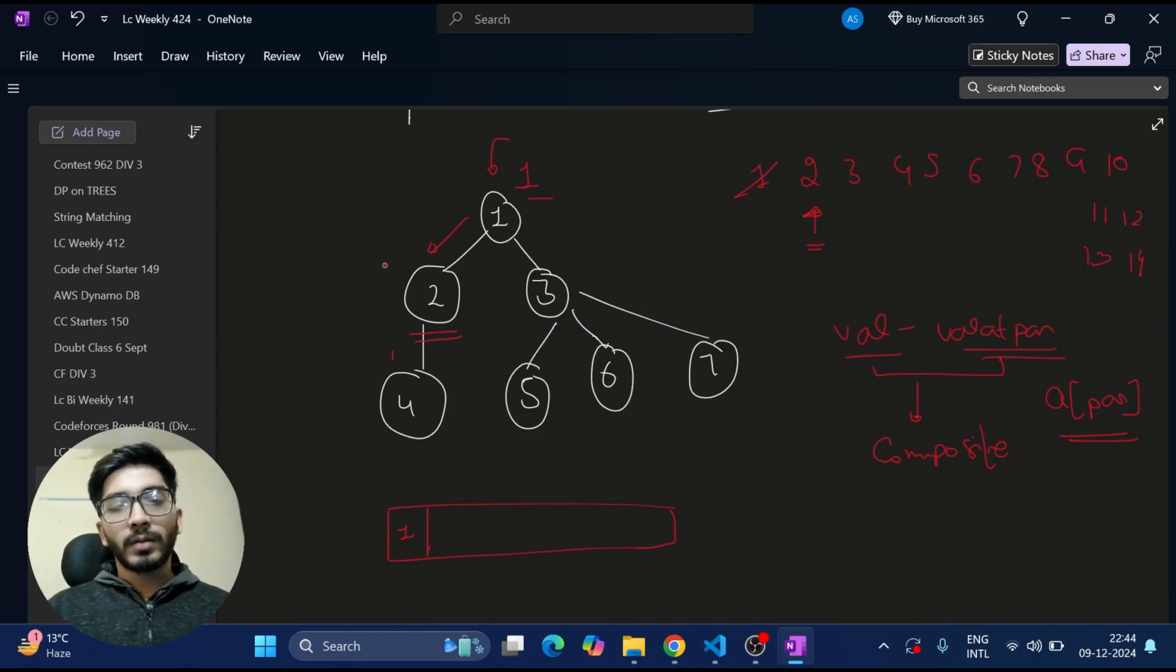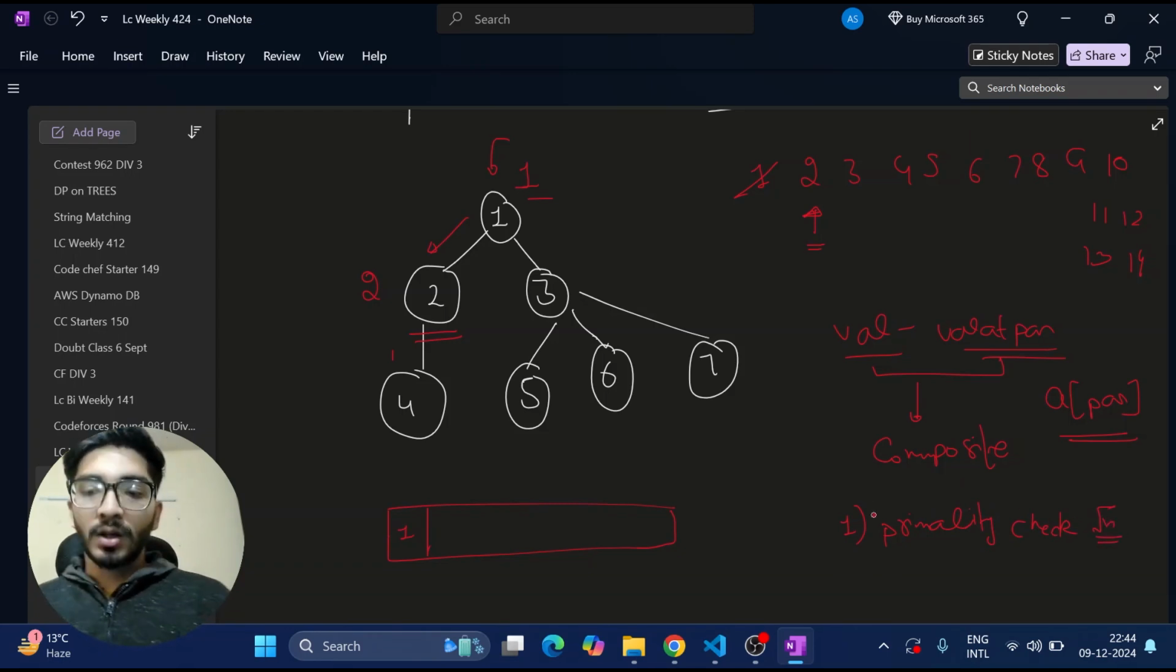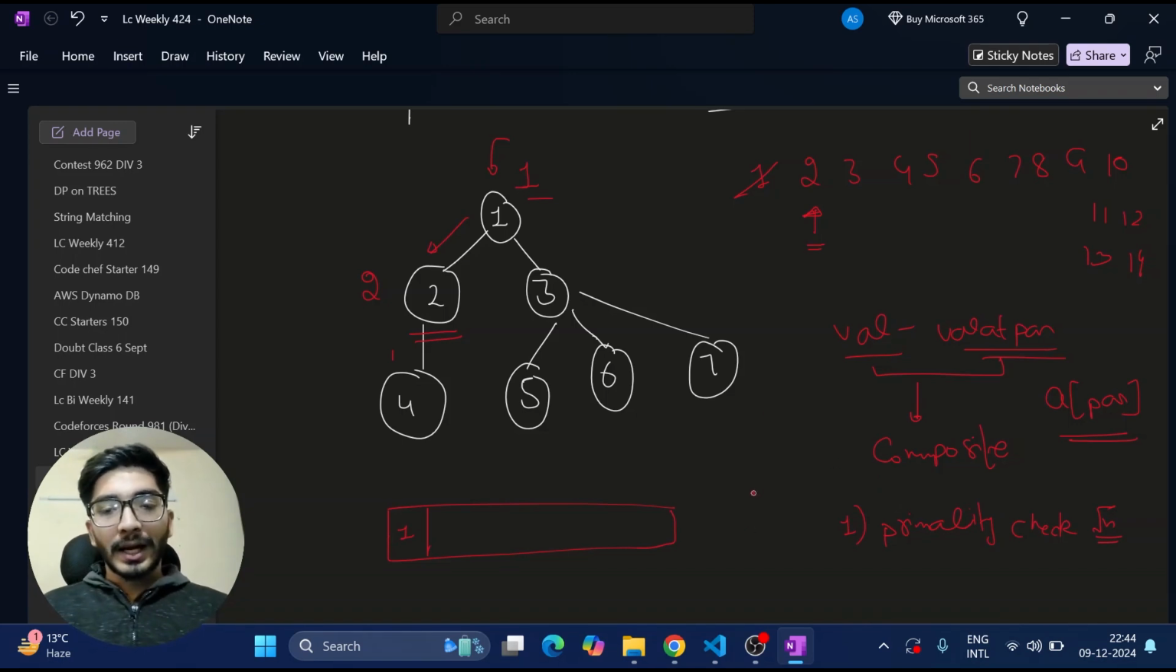So for node number 2, whether this 2 minus 1 is odd or not, how am I gonna check this, whether any number is prime or not? Very first thing is to primarily check, but this is gonna cost me root n in the best case also. So instead of this, I can use sieve